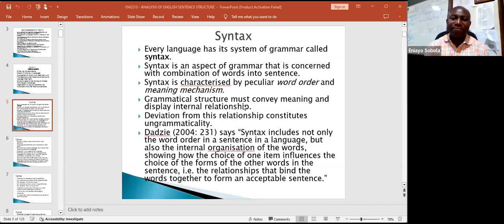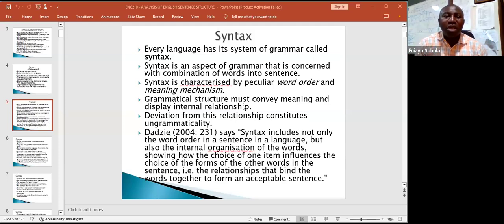They must connect. There must be a collocative relationship, an associative relationship among the words before they can bring meaning. Because if you deviate from that relationship, what you construct will be known as an ungrammatical expression. And that's why I said that deviation from this relationship constitutes ungrammaticality. And there's a quotation I have here from Dadzi 2004, page 231. Because I observed that definition